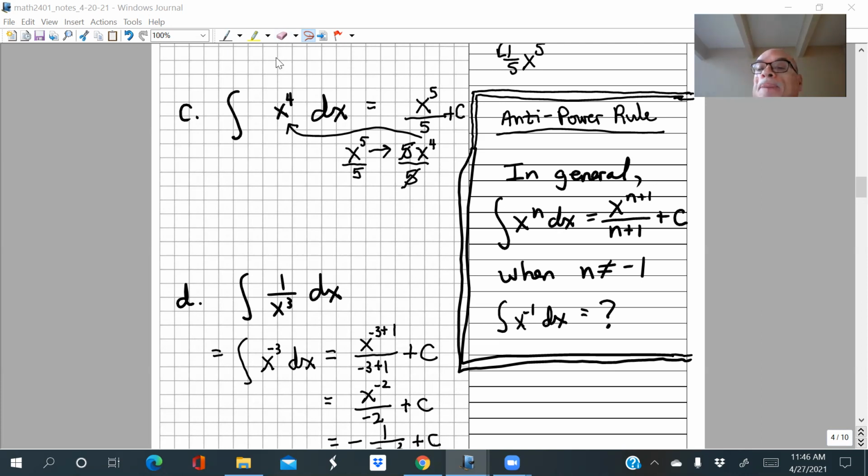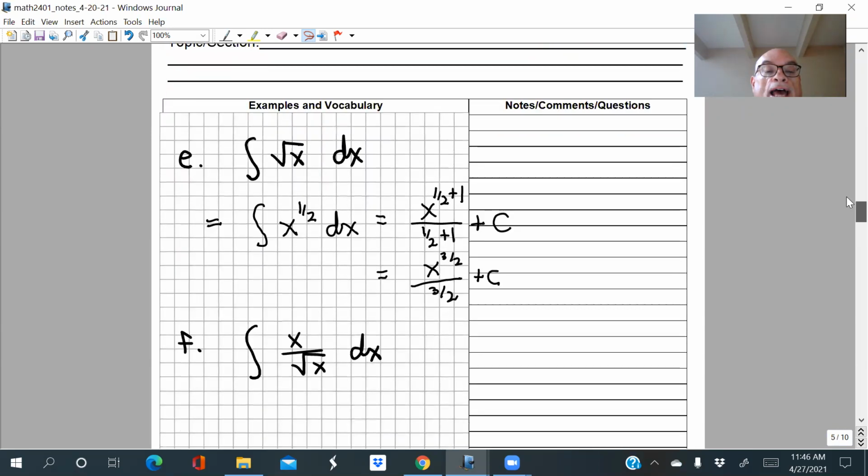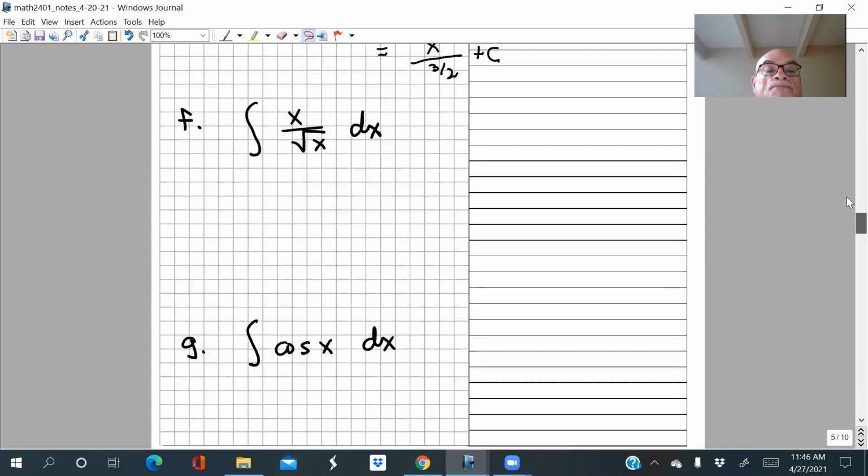Okay. All right. So there's kind of just our really quick review of integration. We don't need much of a review because it's really just that easy. So let's take a look at another example here, where we're going to get a chance to use the anti-power rule, right? So I want to integrate x over the square root of x, all right?